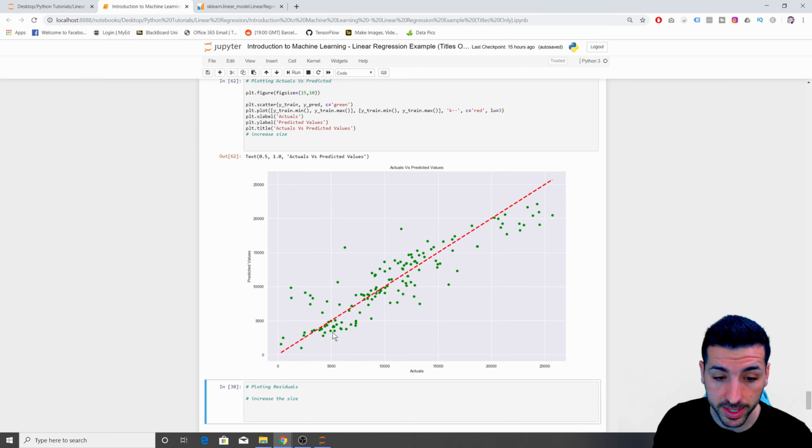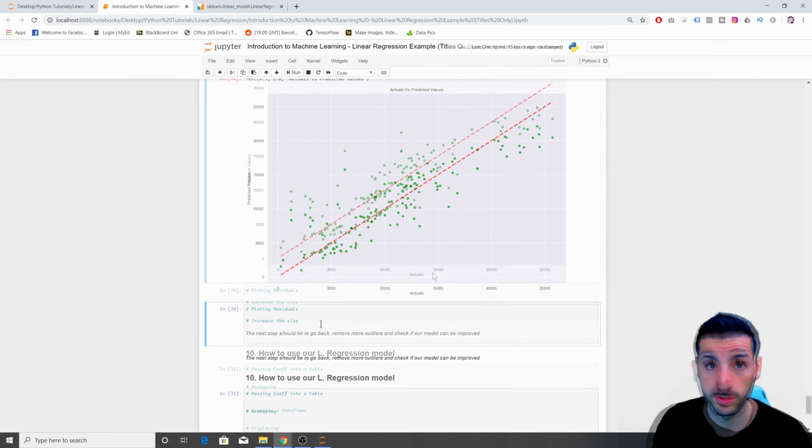So for example, this data point over here, we can see that it has an actual of 5,000. However, we predicted 4,000, which is not that bad. It's quite close to the line, so it's good. However, this data point over here, or this one, or this one, let's start with this one. The actual value of this one is about, let's say, 6,000. However, we predicted more than 15,000. And the same case goes with this data point. So we have to do something for those data points, as our predictions are not that great for those two data points. However, before we discuss what we can do for these data points here,